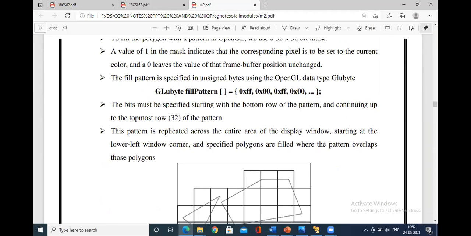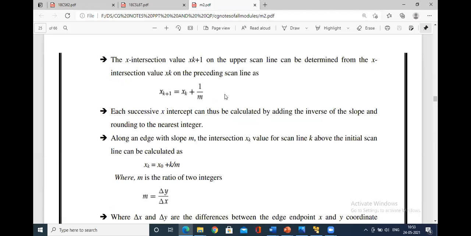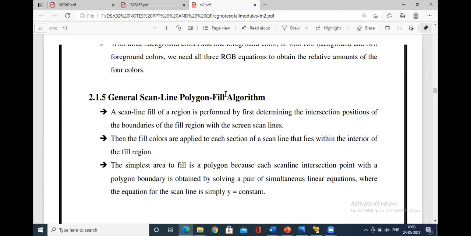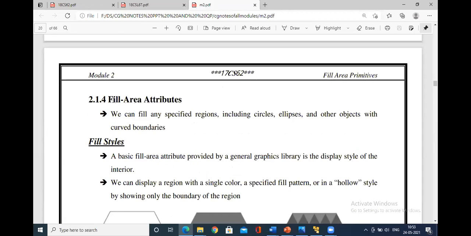If you go through the notes, there is a clear concept of OpenGL fill area attribute functions. Attribute functions are different. Remember, the question is fill area attribute function. So attribute functions are different, whereas these functions are different, for example, fill area attributes.